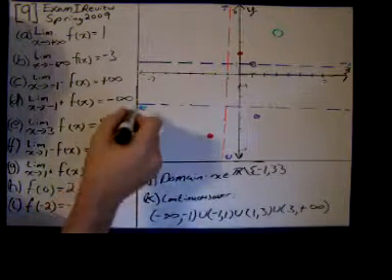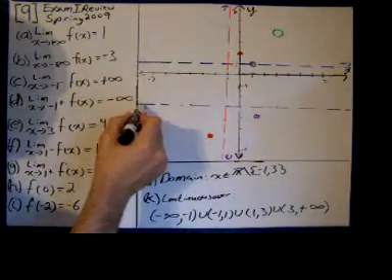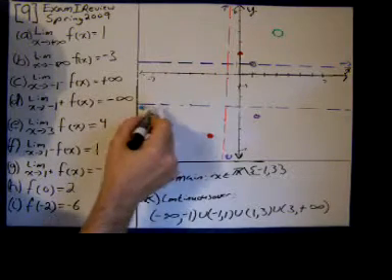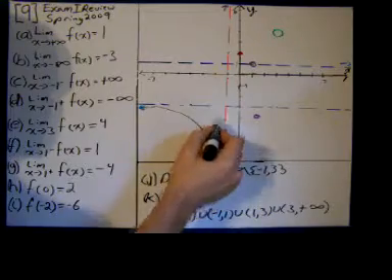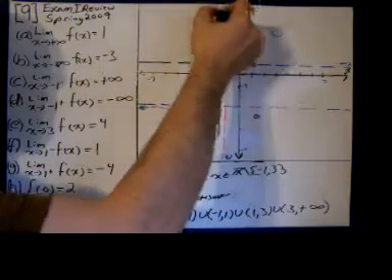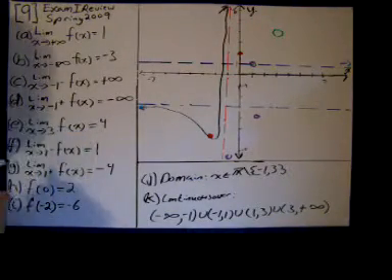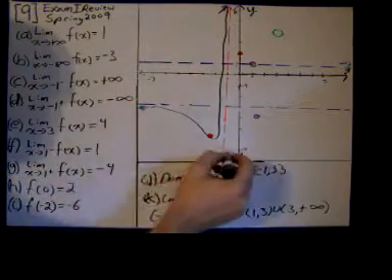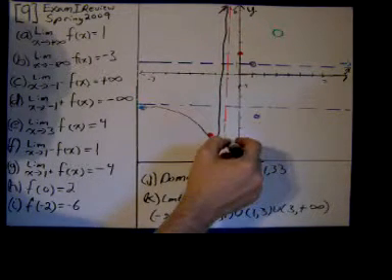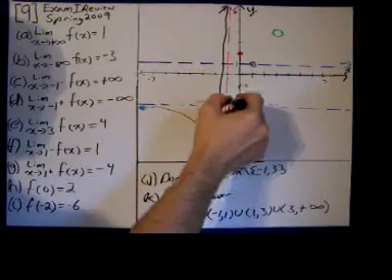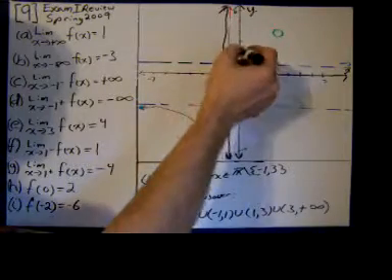And I know that as I come in here from -infinity, I've approached the value of -3. I know it's got to come down here and hit this point, and then I know it's got to shoot up to +infinity because of what property C told me. And then on the other side of -1, we're coming in from -infinity, coming up. We know we definitely have that point 0, 2 on the graph, and then we come down